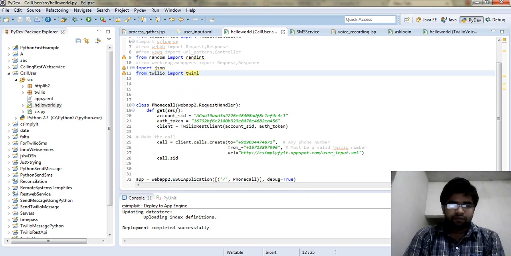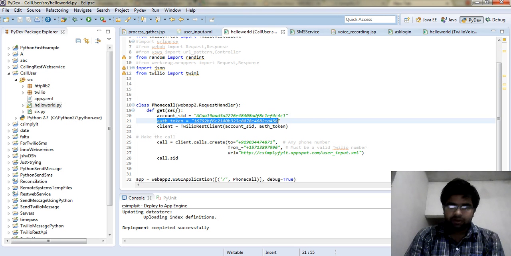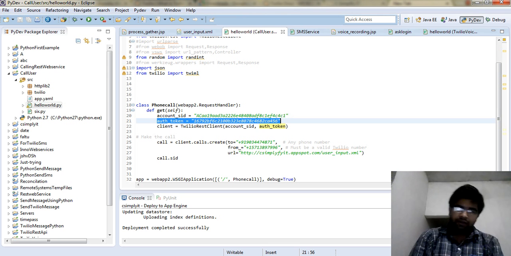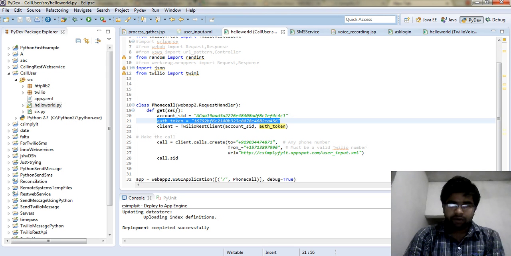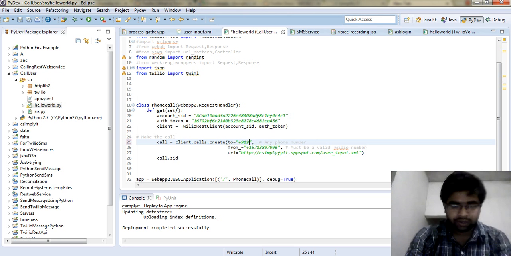Okay, there is a phone calls class that I made. There is a function, and an account SID and an auth token which I got from Twilio. When you log in, there will be one account SID and auth token for you. You have to use those and put them there. And one number you have to buy; I bought one number, and this is the number I am calling right now. If I put in my number, then there will be a call on my number.